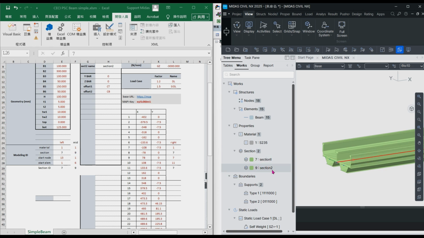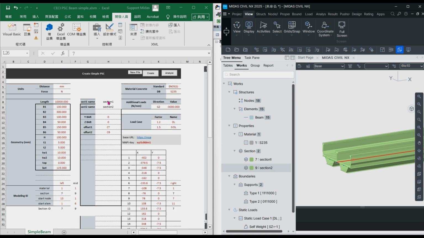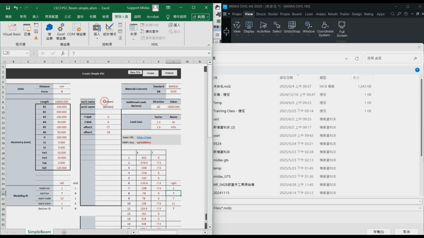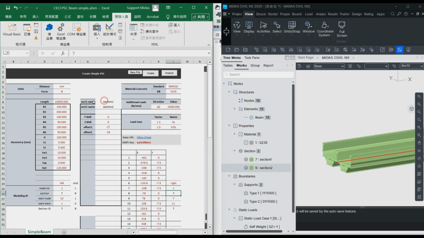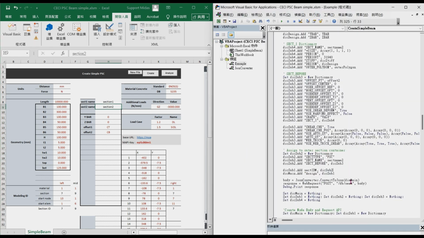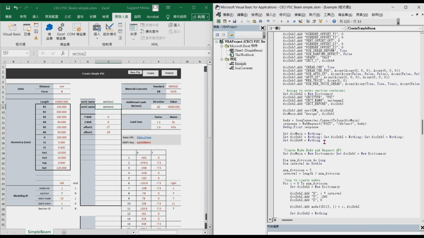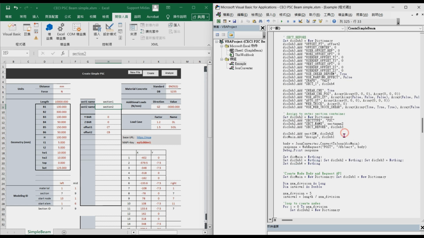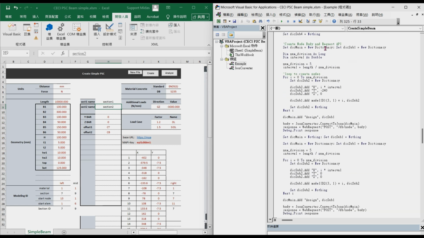That's why it's this one. Okay, and I also assigned the section name as this one. Section 1 name is this. Section 2 name is this one. Okay, yeah. So this one is to create the section ID,